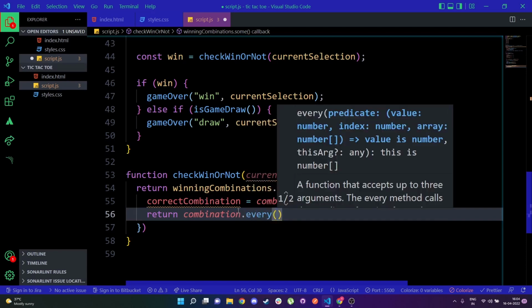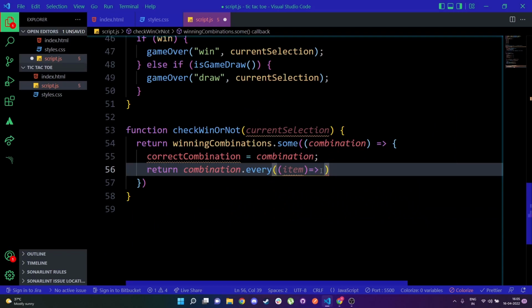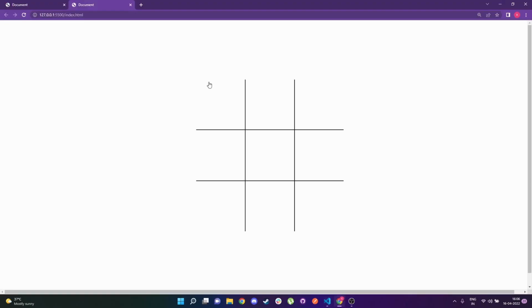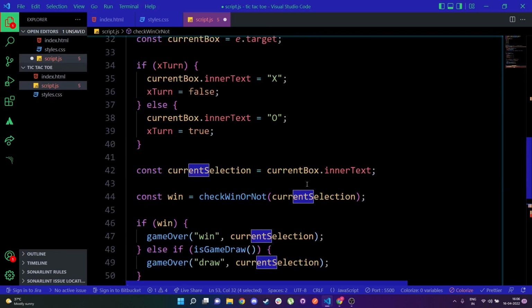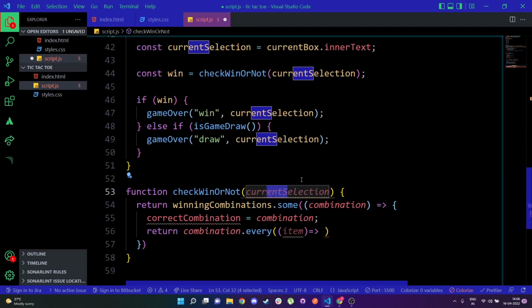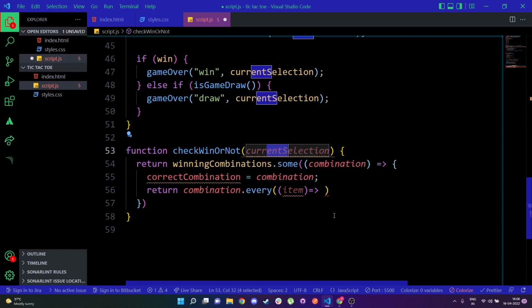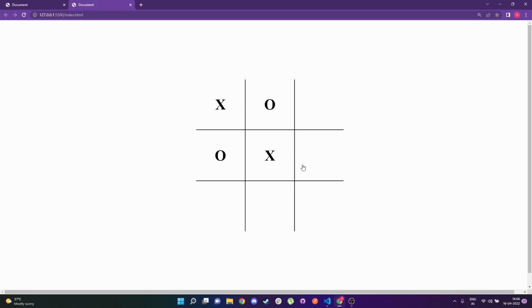So we need to iterate through each element within each combination. After this, all we need to do is check that for each of these boxes, each of these boxes' inner text, if it is equal to the current selection, right? So current selection is being passed over here. The current selection is going to be the current X or O, right? So if it's my turn and I am X right now, suppose when I click